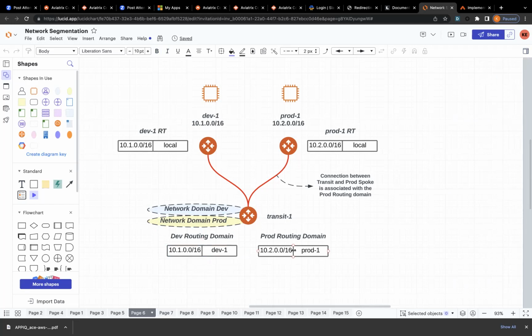So by doing this association, prod1 here is going to be exactly the same as the prod routing table. So it will only see itself. And dev1 will also be basically a copy of the dev routing table. The only difference obviously will be the next hop, which will be local. So this way, what we have done is the dev1 gateway does not know about prod1, and the prod1 gateway does not know about dev1. So what's going to happen in case you have,